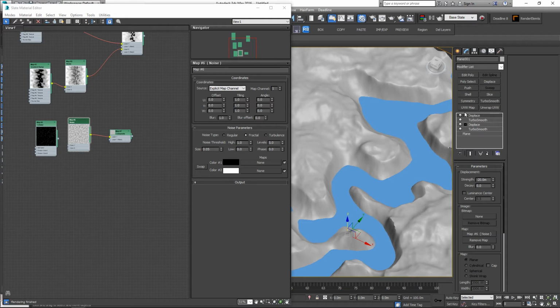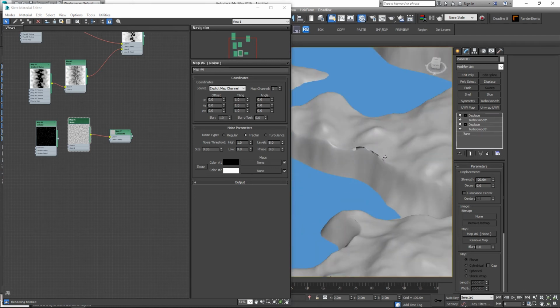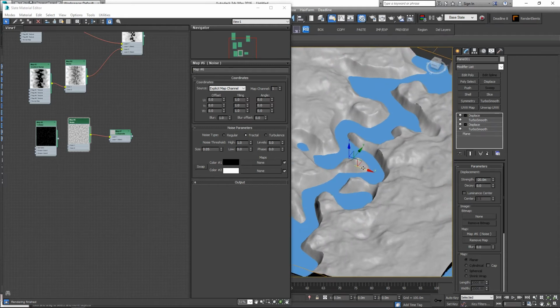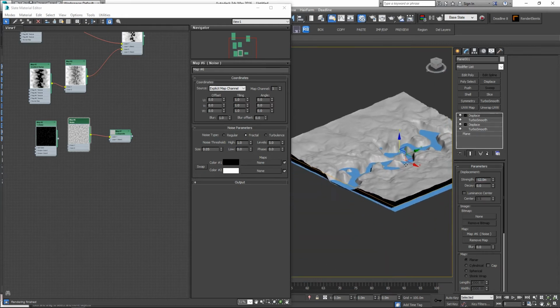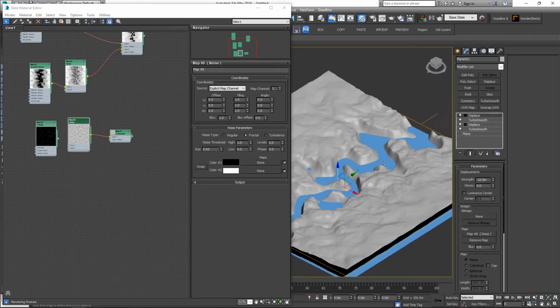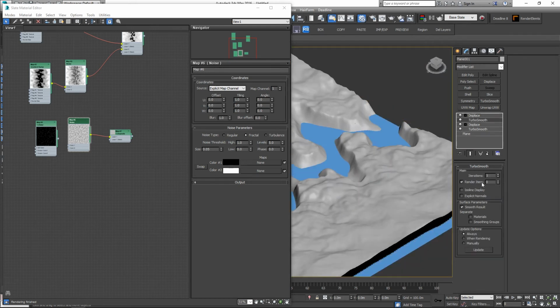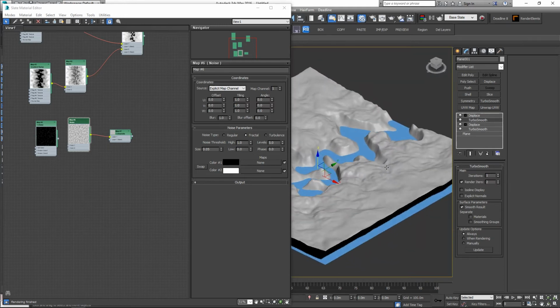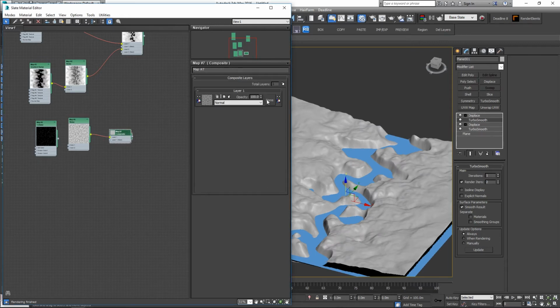As you can see, we get a bit more sharpening of the shapes, which is important. I might be going a bit too far with the value, maybe -12. Yeah. And we add a little more detail to the surface that we won't be able to see because I don't want to push the viewport too much. So, and we'll combine this with